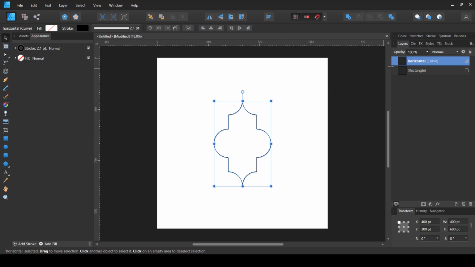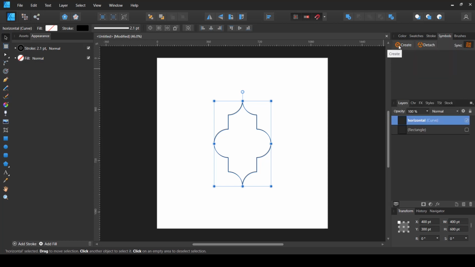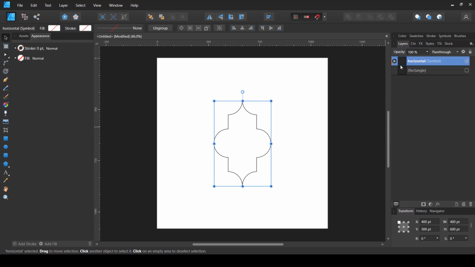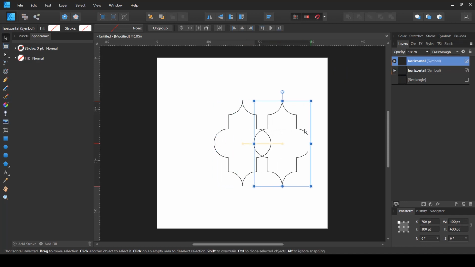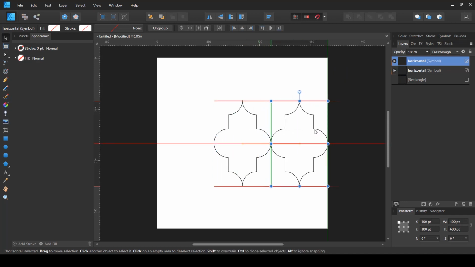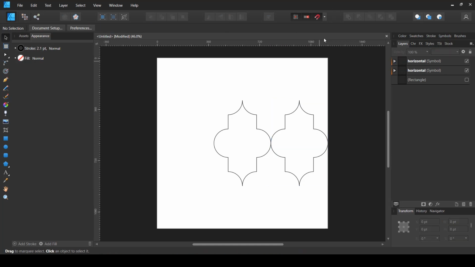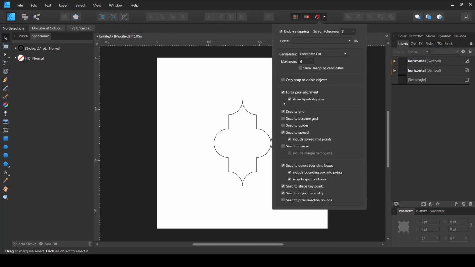That is very important if you want to create a template. So in the symbols panel, I'm just going to press create, and it has converted that design into a symbol. Now I'm going to press Ctrl J to copy it and fill the rest of the document with these shapes. So as soon as it snaps here, I can see the vertical green and horizontal red lines. I'm just going to release it,